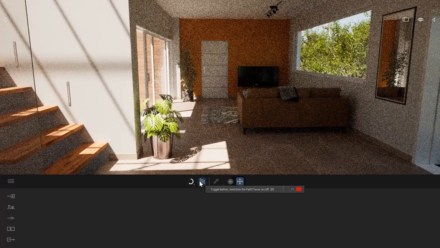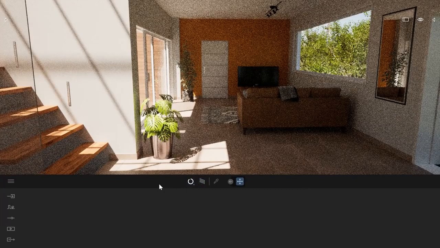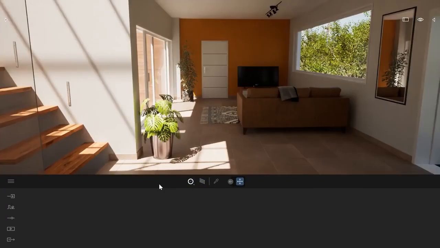And as you can see here, there is also this progress bar that tells you the rendering time of that specific frame you are currently in. And when the progress bar reaches the end, we have a denoiser, which is an AI tool that will just smooth all the pixels that you had on screen.